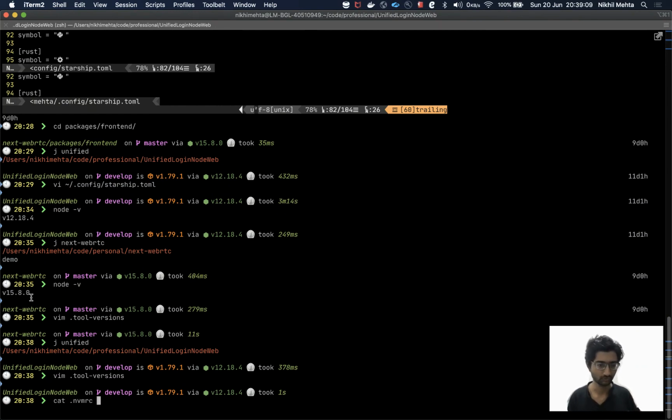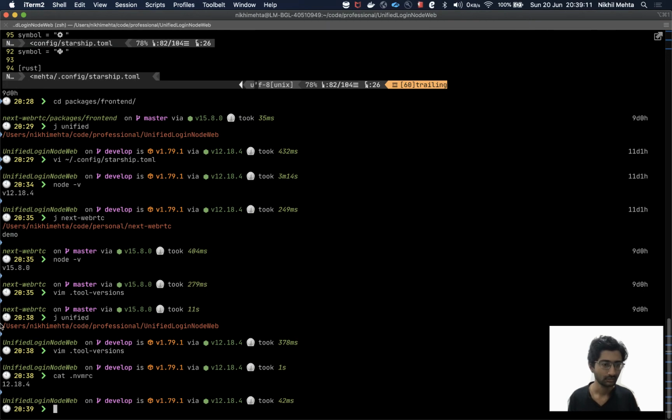If I go to NVMRC, it has 12.18.4, and the best part about ASDF is that it supports some older version managers as well. In this case, ASDF supports NVM as well. So if you are looking to migrate from NVM to ASDF, maybe it's easy for you.